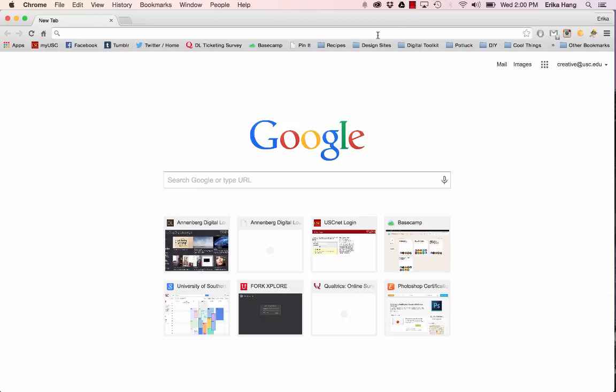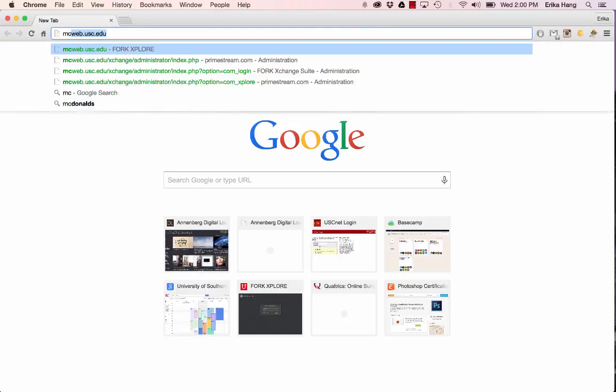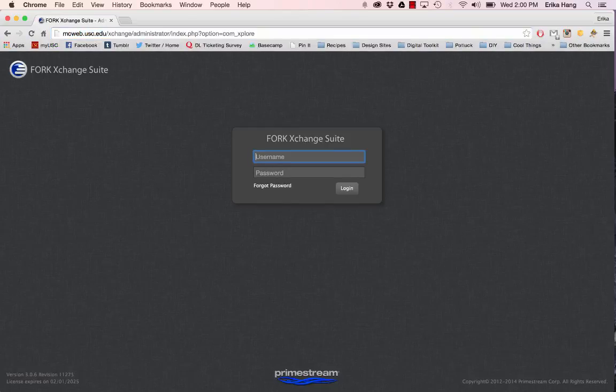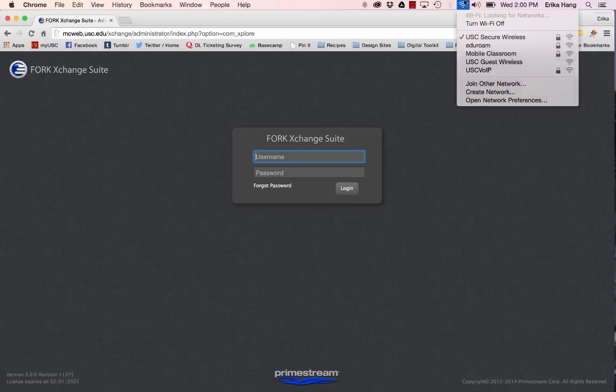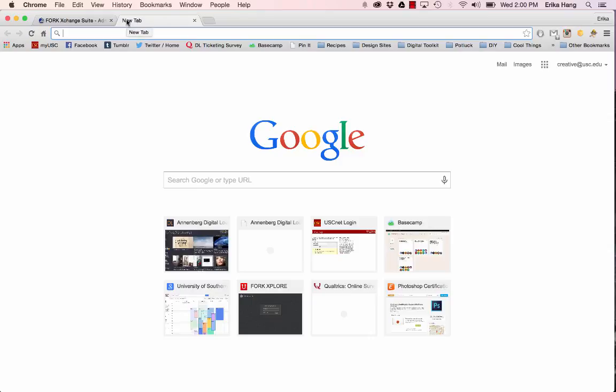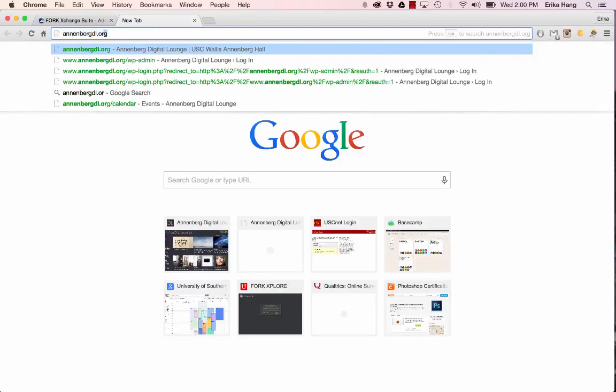So I'm going to go ahead and go to Xchange. In order to get to Xchange, you have to type in mcweb.usc.edu. You must also be connected to USC Secure Wireless. If you're trying to access Xchange from home, like let's say you want to grade from home, you'll need to follow the VPN instructions. So if you go to annenbergdl.org,